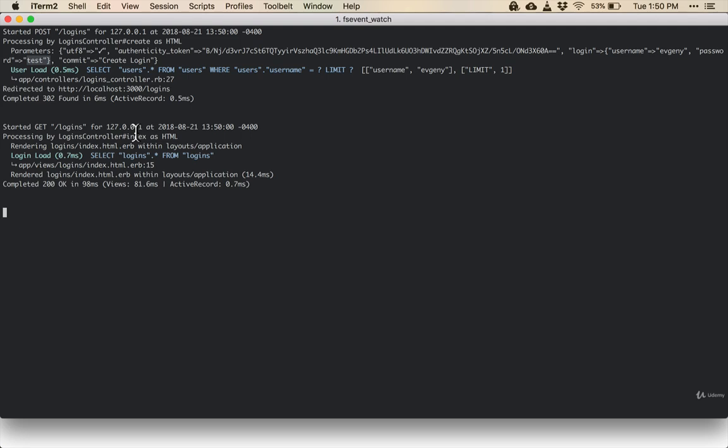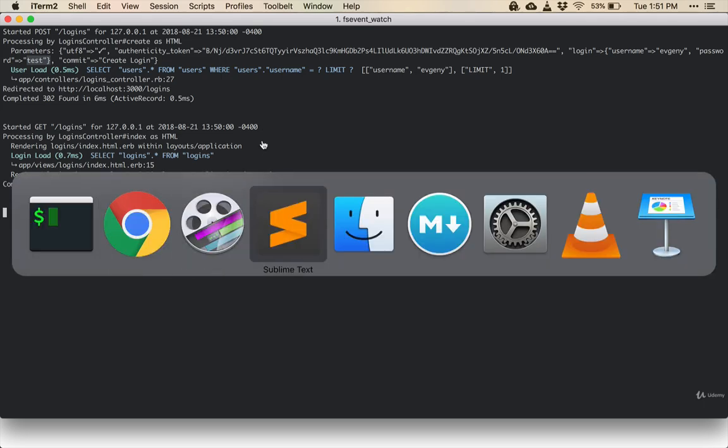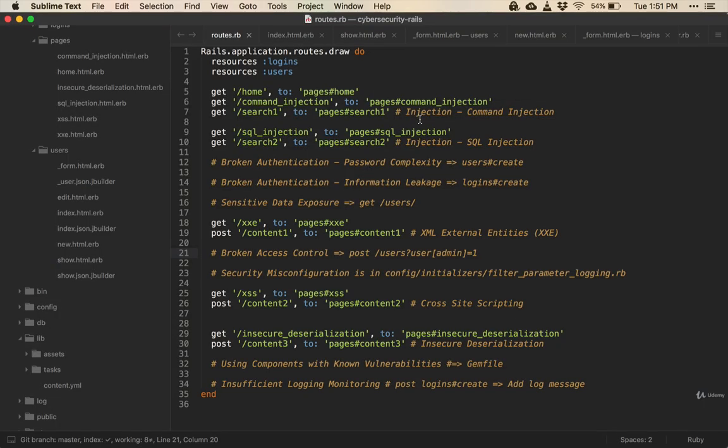Immediately what we care about is to not have the password be visible, because if logs get copied around and backed up, passwords could end up getting exposed from there because logs would not be stored as securely as many other things, especially because encrypting logs could get very expensive since there's a large volume of text data that shows up in logs. So what we're going to do to remediate this is we're going to go over to our